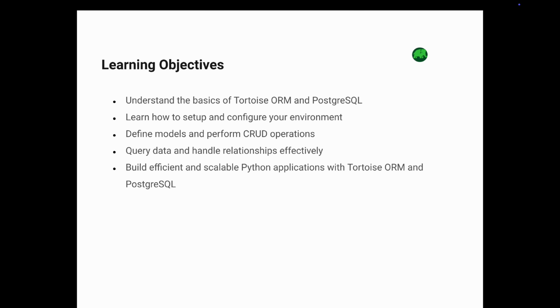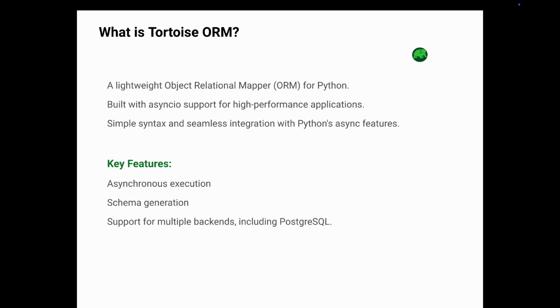By the end of this video, you will understand the basics of Tortoise ORM and PostgreSQL, how to set up your environment, define models and perform CRUD operations, query data and handle relationships, and build scalable Python applications with ease. Now let's dive in. Tortoise ORM is a lightweight object relational mapper for Python, designed for essential support for high-performance